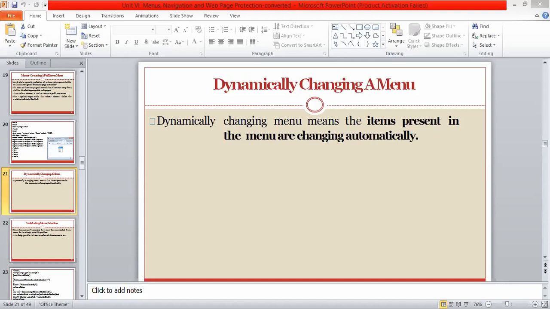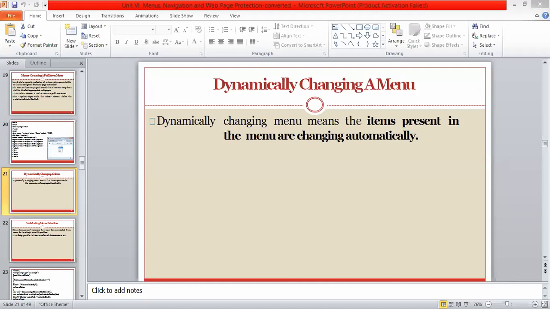Then I will take another option, one more option, that is TYCM. Then closing of a select tag. So I have created one menu. In that there are three options.